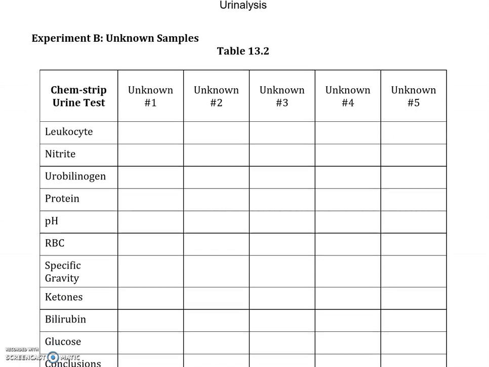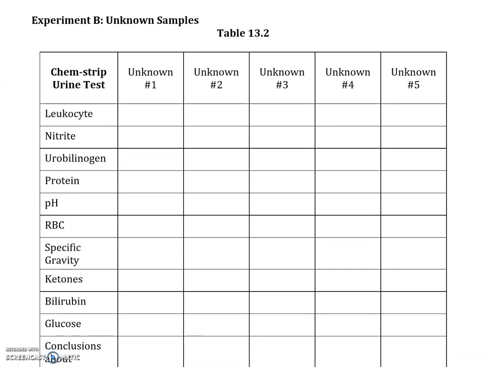Now, the unknown urine samples, unfortunately you can't do that, but if you get a chance, go to the 99-cent store and get a THC test or a pregnancy test or an ovulation prediction kit, one of those. These urine tests are kind of interesting. Just do it for fun. It only costs about $1, and you have to collect some urine and then put a few drops on a test strip or dip the test strip into the urine sample